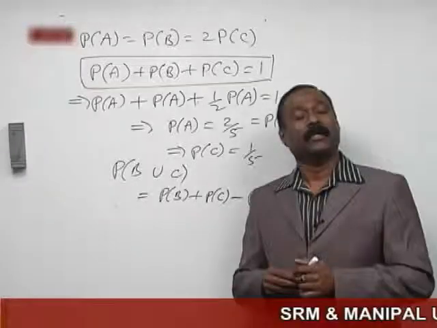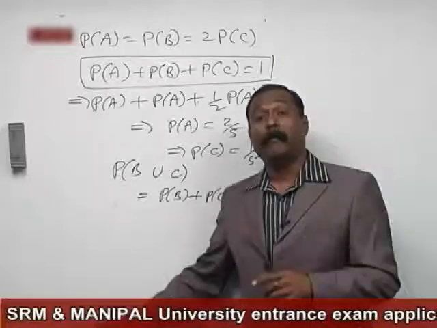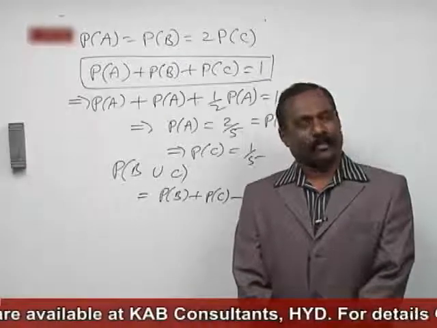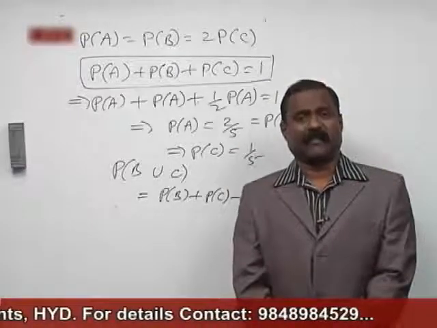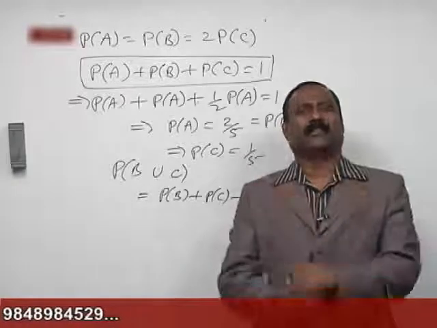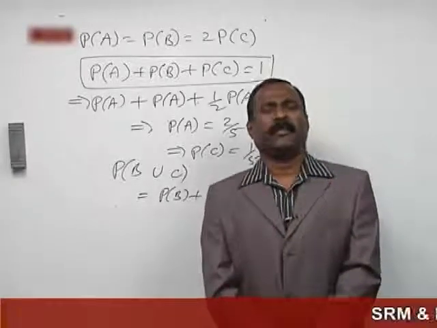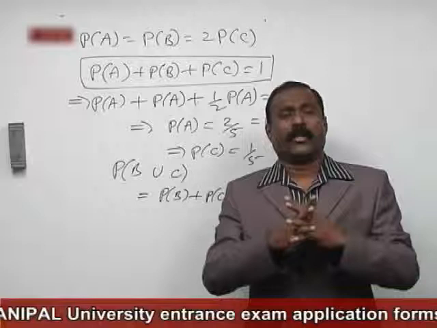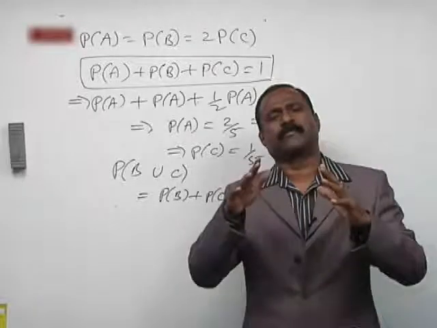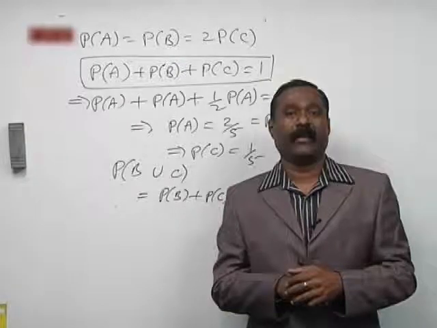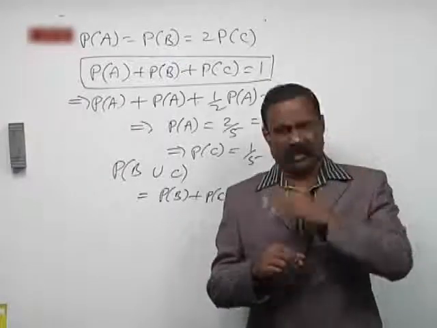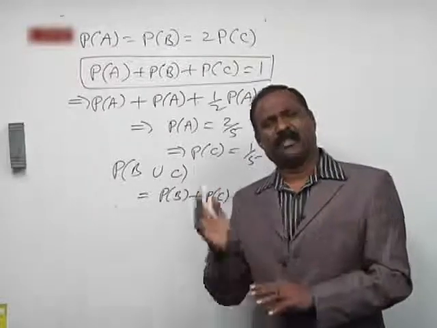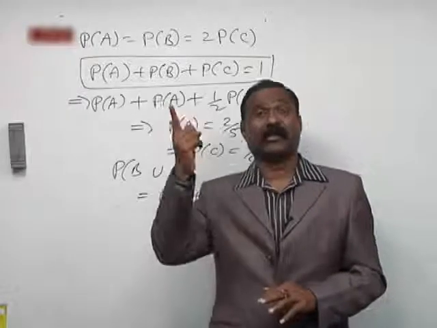It's very simple. Now, let us look at Bayes theorem, which is an interesting theorem. We'll work out the problems based on that tomorrow, but for the sake of introduction, what is the Bayes theorem? Bayes theorem is very simple. You will have the classical definition with little alteration. In the classical definition, you have the favorable number of outcomes divided by the total number of outcomes. But in the Bayes theorem, you have favorable probability divided by total probability. Whatever advancements have taken place, they are all based on the classical definition only.